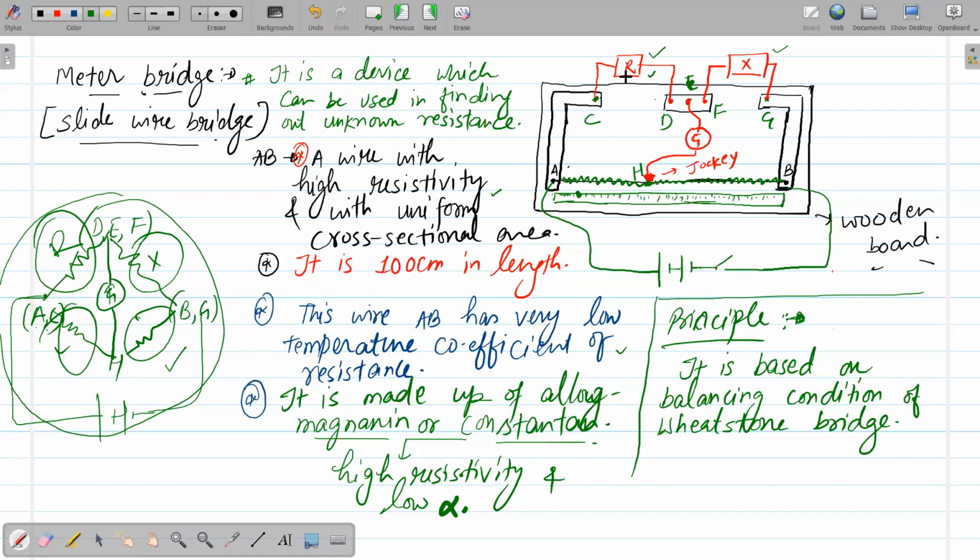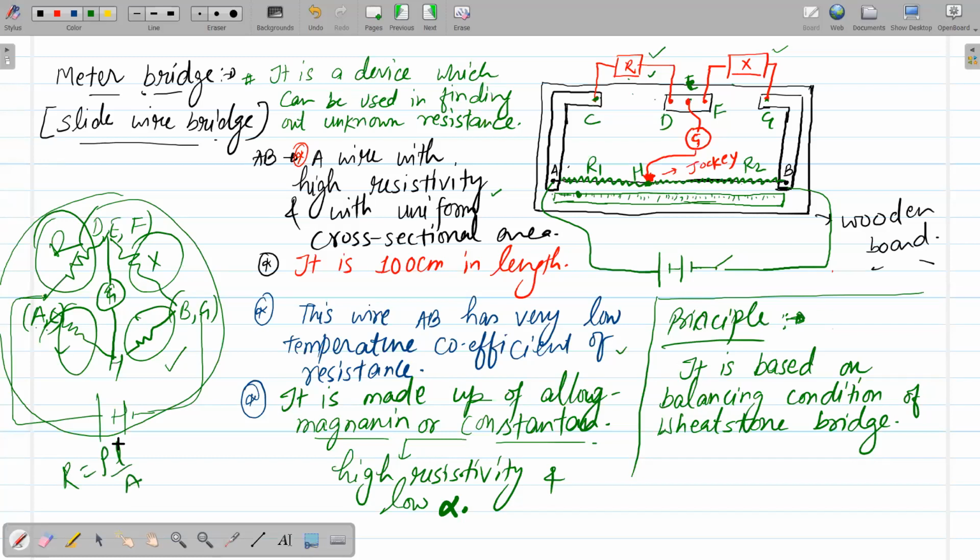So here, definitely R by the resistance across AH must be equal to X by the resistance across HB. Then only you will get no current through the galvanometer, right? So now onwards we'll write this directly, R by this equals X by this. But students, let me consider some resistance R1 and some resistance R2. And you know that for the AB wire, the resistance is rho L by A, right everyone?